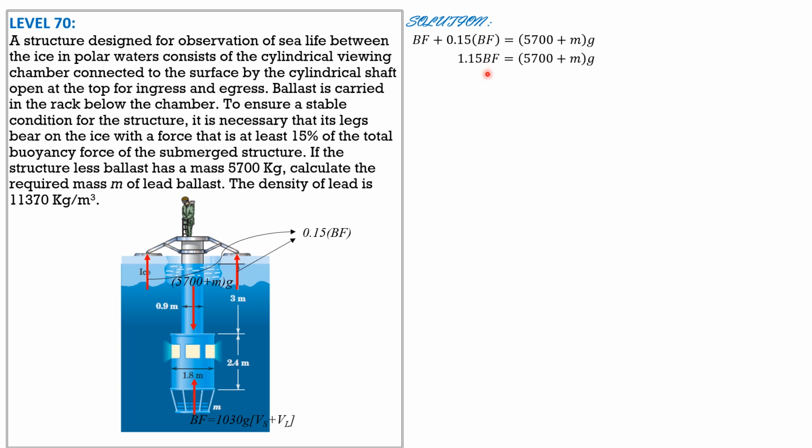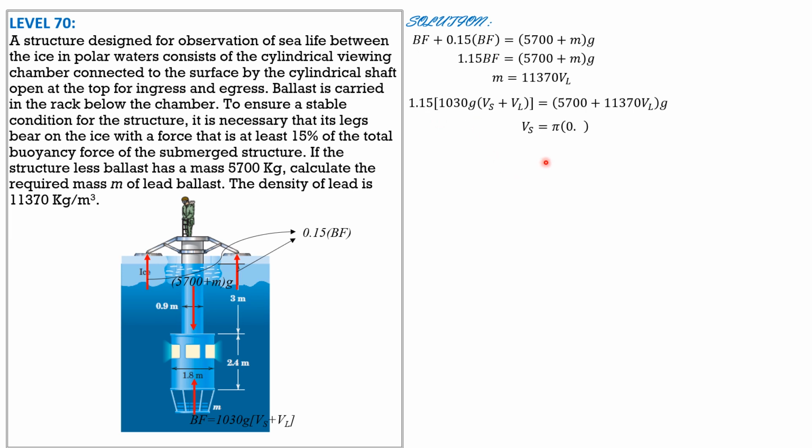So the buoyant force is 1030 times g, quantity. So this is the mass of the lead ballast, with the density of lead 11,370 kilograms per cubic meter times the volume of the lead ballast. So substitute it here. The buoyant force is 1030 times g times (V sub s plus V sub l). So that's the total volume displaced. Then it equals 5,700 plus m, which is 11,370 times the volume of lead ballast. So cancel g. 1.15 times 1030